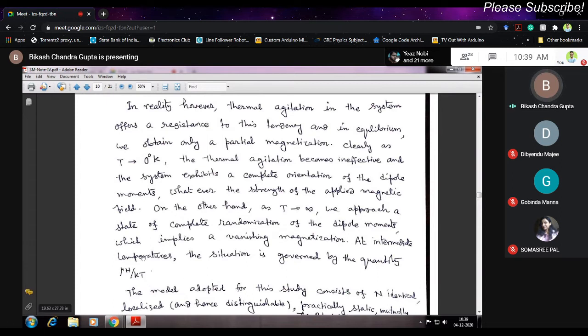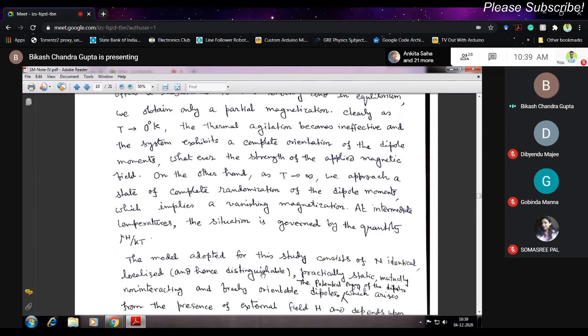So there is a competition between these two energies, and therefore this ratio will probably play a vital role in determining the orientation of the magnetic moments, which is reflected in terms of magnetization or susceptibility,